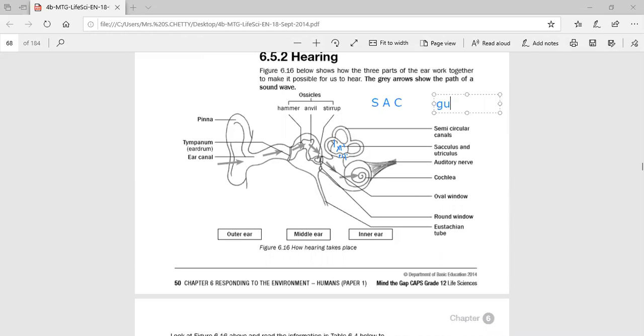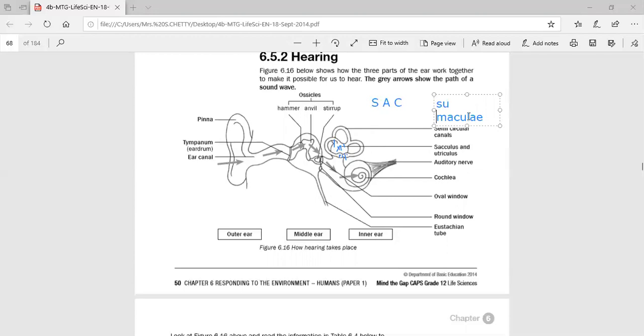Or let's try some first so you can remember that. So the succulus and utriculus have got the receptor called the maculae. That's how you remember it. It's not "summaculae", okay? Succulus and utriculus have got maculae, which you remember as "some". The reason why I use "gums" is for you to know that the maculae is sensitive to G, gums, and